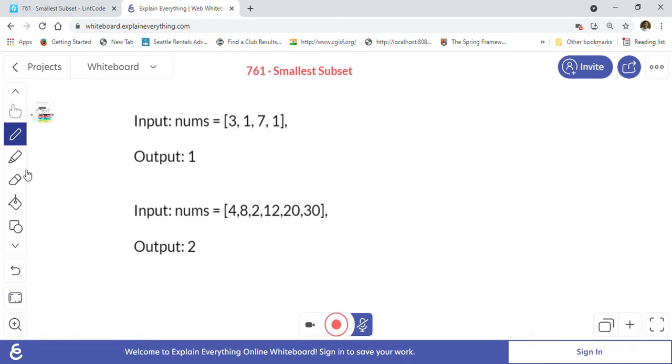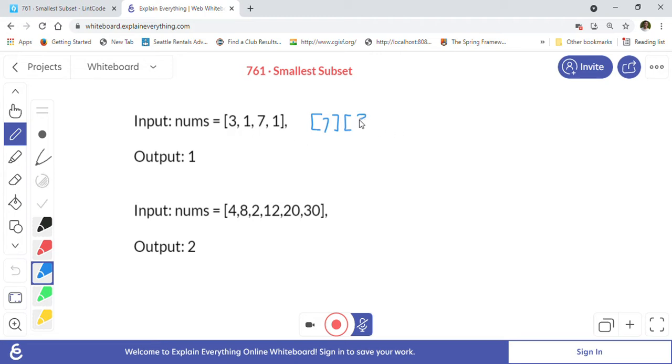So let's first understand what the problem is. Smallest subset means we have to find a smallest subset from this set such that the total of the elements in that set should be greater than the remaining elements. For example, if we create a set with element 7 here, the other set will have elements 3, 1 and 1.